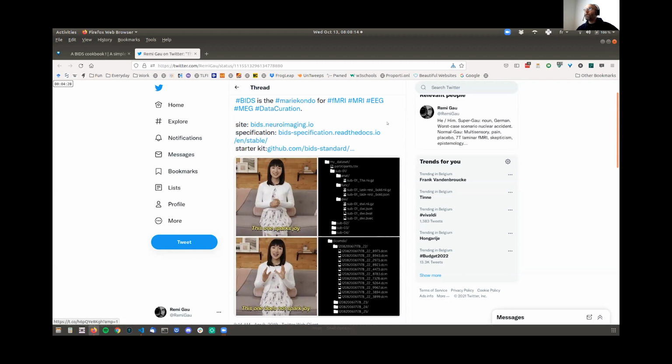The other thing I need to mention is that BIDS now also supports PET imaging and extended anatomical data that were not supported until a few months ago. And there are extensions in the process to also support eye tracking data or microscopy data, a whole bunch of what are called BIDS extension proposals that try to expand what type of data are supported. So if your favorite type of data is not in there, have a look at the extensions that exist.